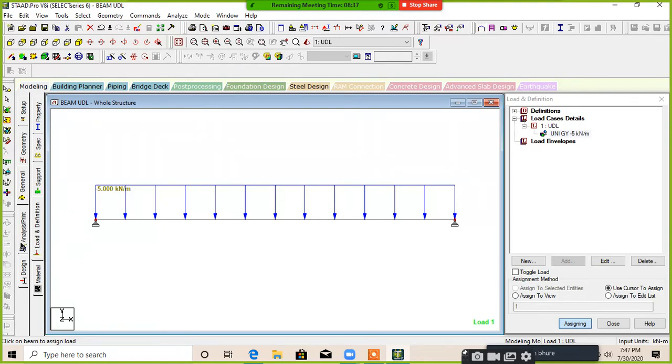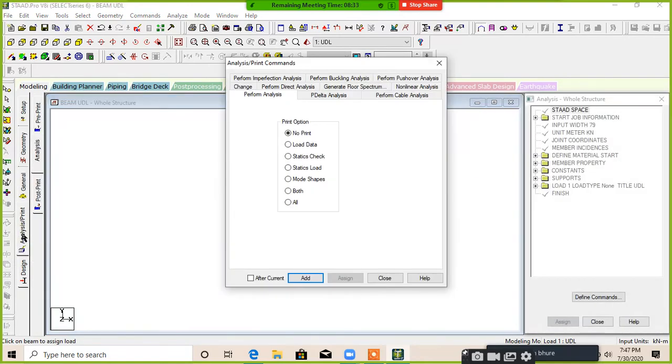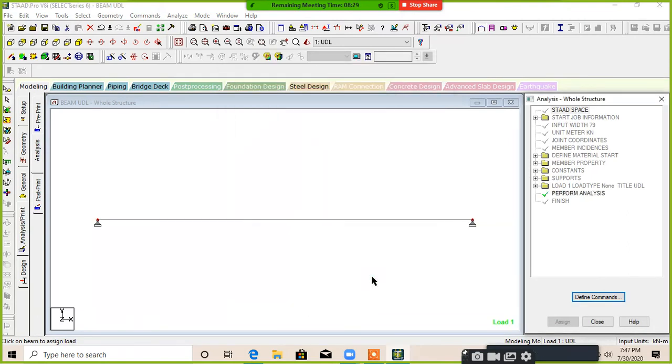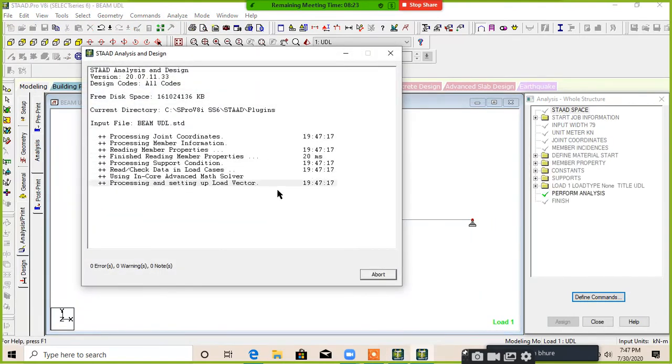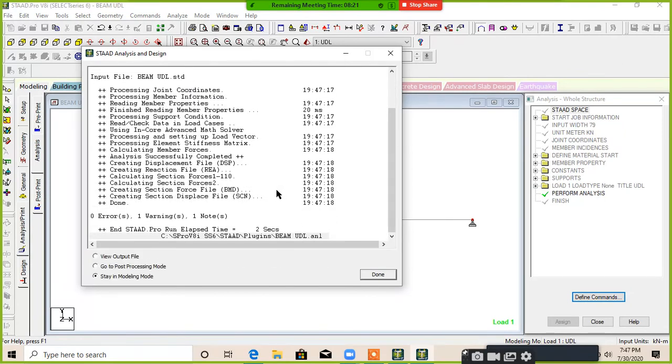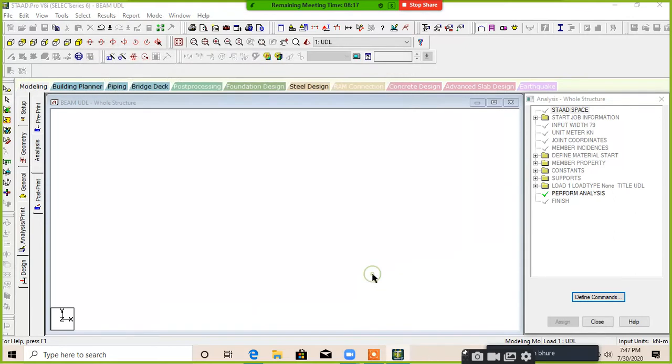Go to the analysis / print button, add and close. Go to analyze and run analysis and save. Then go to post processing mode and done.